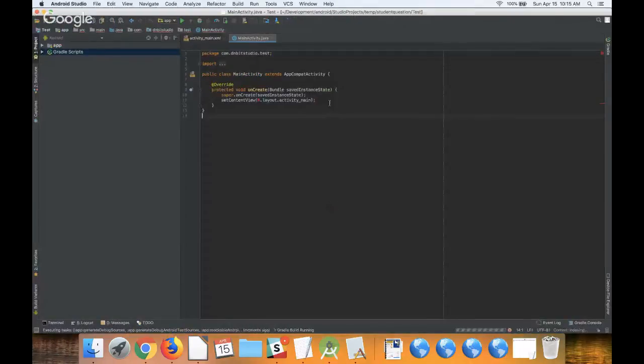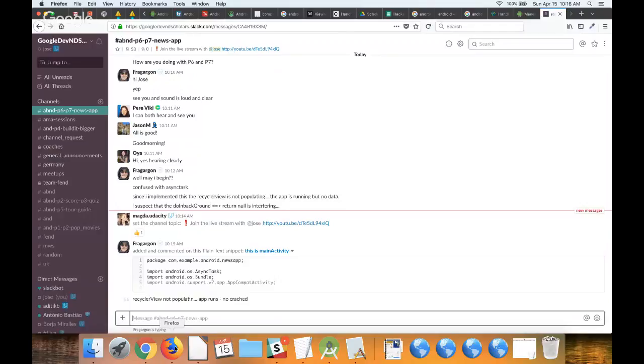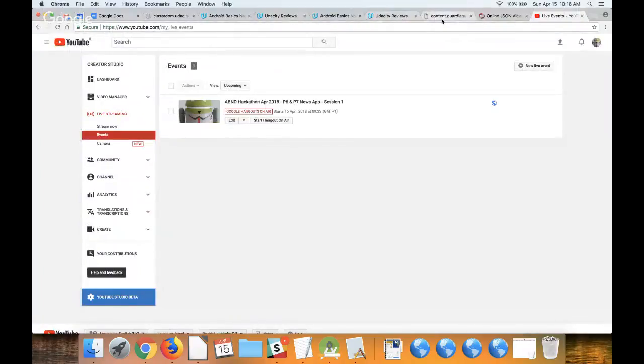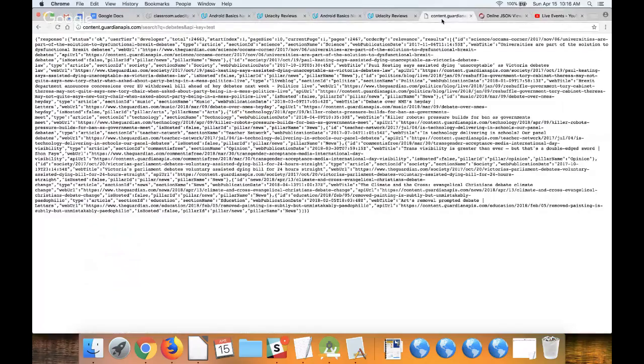So what I'm going to share with you is the API, the network call that you need to do. I'm doing this with the test key, and this returns this JSON. As you see, JSON is essentially a long string that has a certain structure.